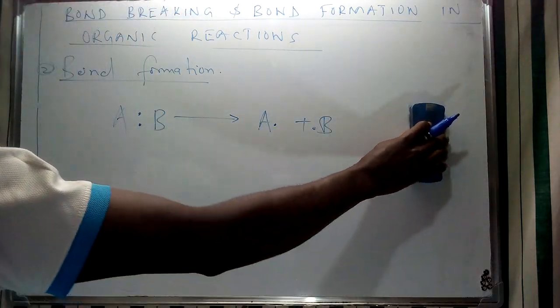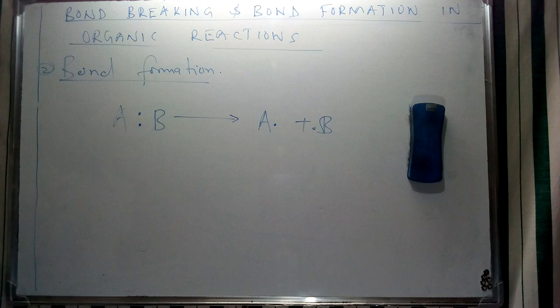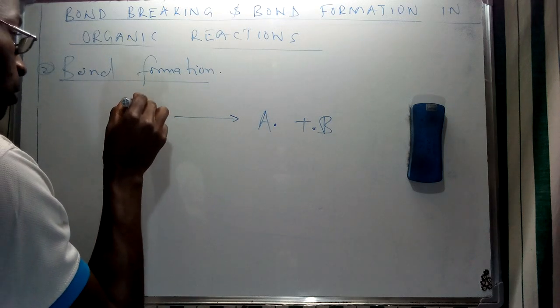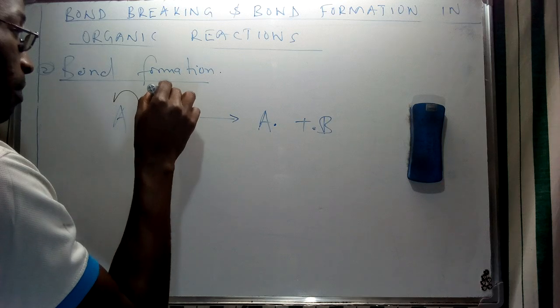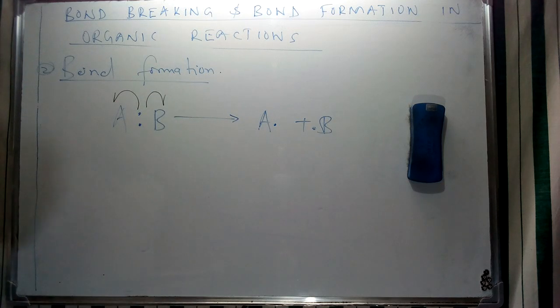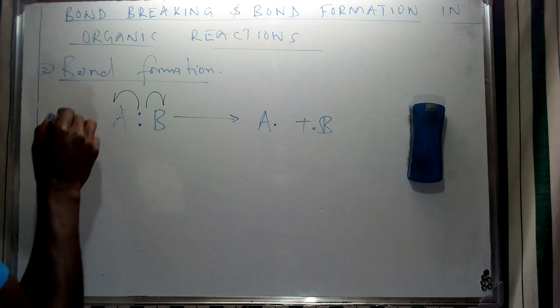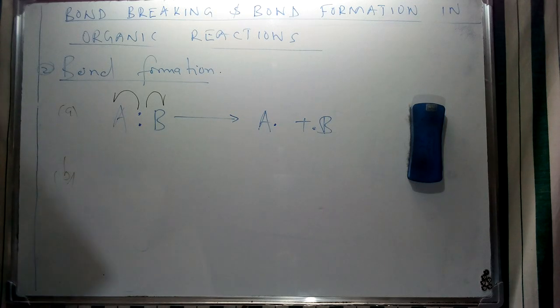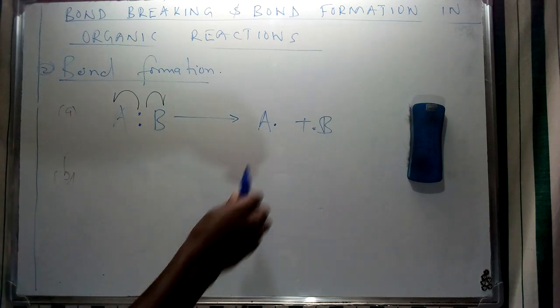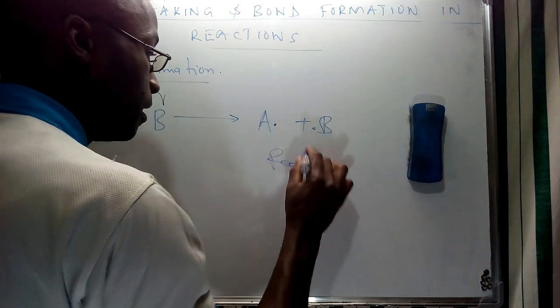We're given a general example for organic reactions. We can use this to illustrate a reaction mechanism, and I'm going to quickly do that. We have an arrow going in this direction to show that a single electron is given as such. In the second case, we can achieve the same, but contrary to the formation of radicals,